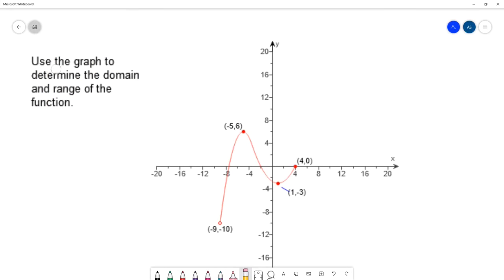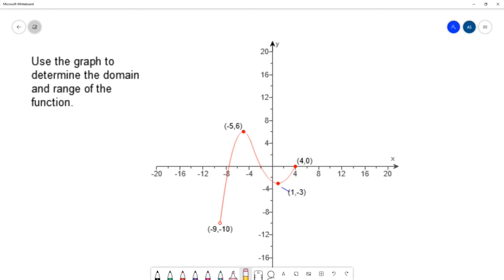In this example, I want to use the graph to determine the domain and range of the function. We're given a picture of the function, and from this picture, we want to state the domain and range. A very common mistake for finding the domain in a question like this is to take a look at these